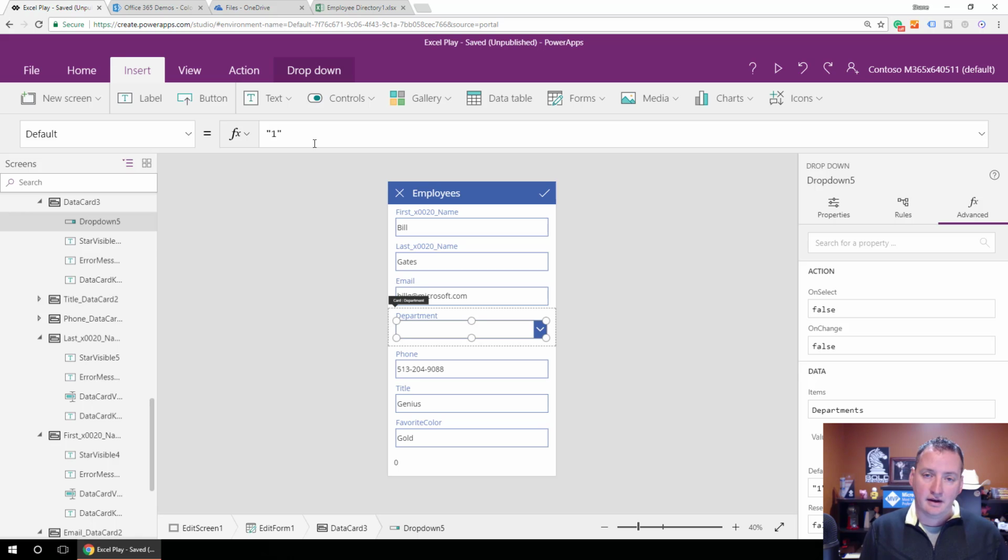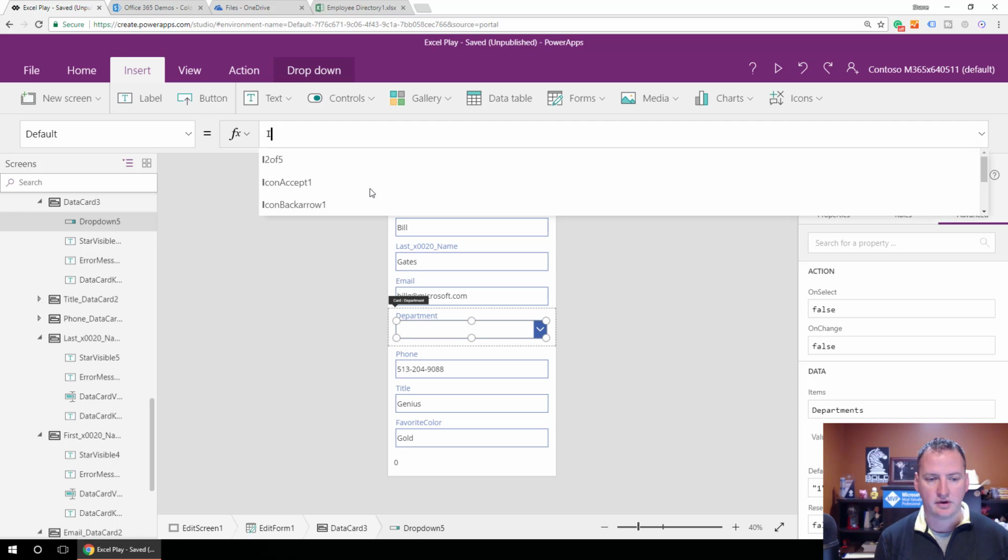But that's real easy to do. The problem becomes, what if we're in the new mode? Because we know we use the same form for both edit transactions and new transactions. So we need to insert an if into this default to make it all work. And so what we're going to do is say if,